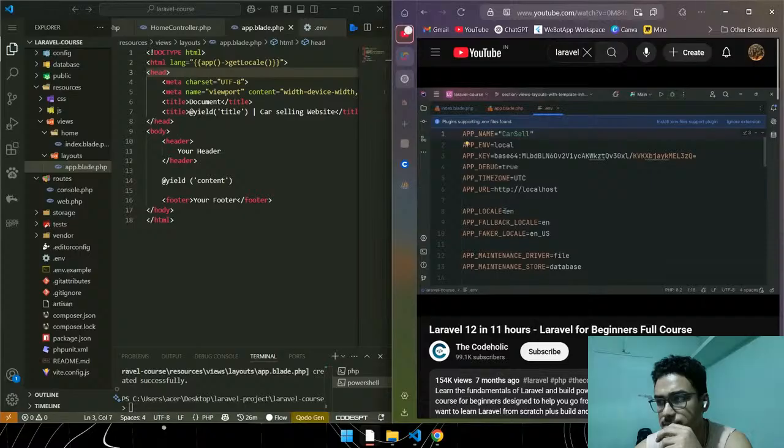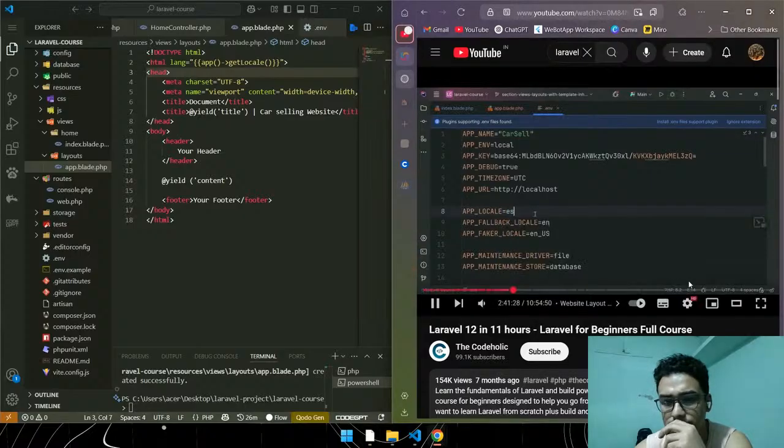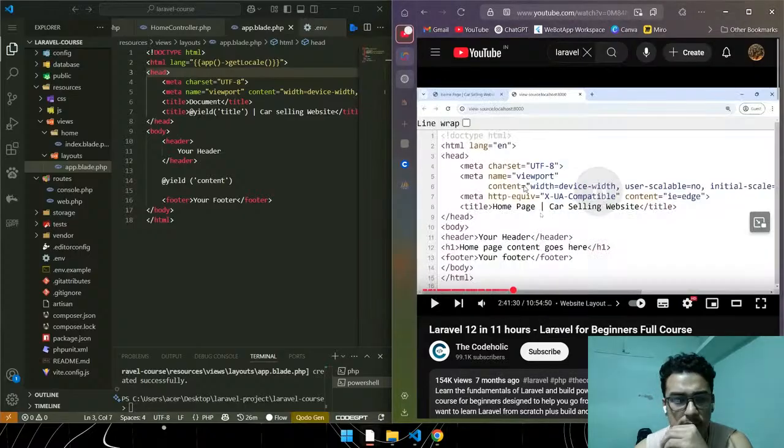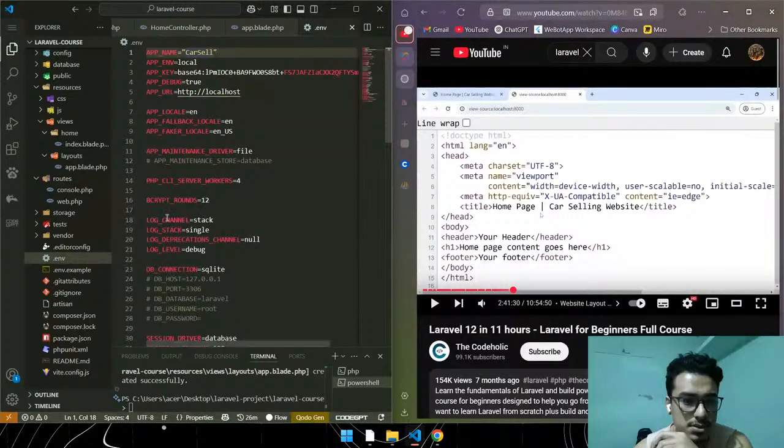If we go right here and change the application local into ES, for example, Espanol,